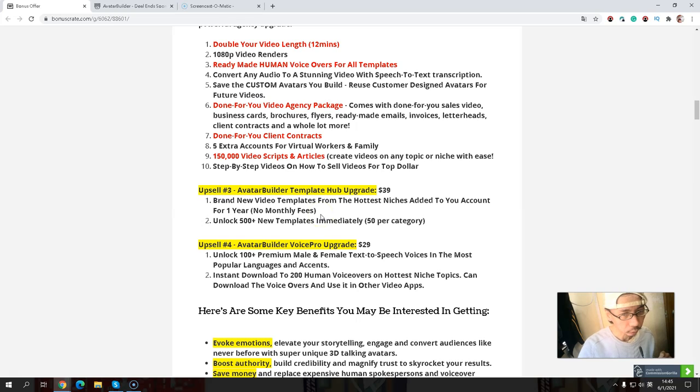The last upsell is the Voiceover upgrade for $27. You will unlock over 100 premium male and female text-to-speech voices in the most popular languages and accents. And also you will instantly download 200 human voiceovers on hot list niche topics, and you can download the voiceover and use it in other